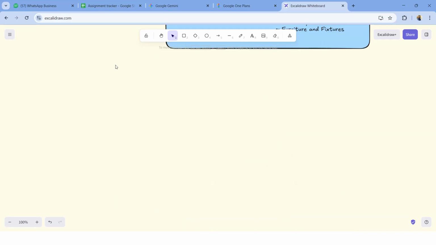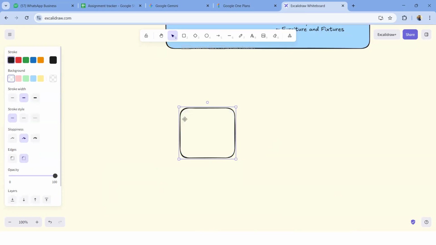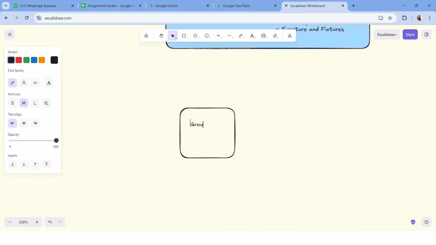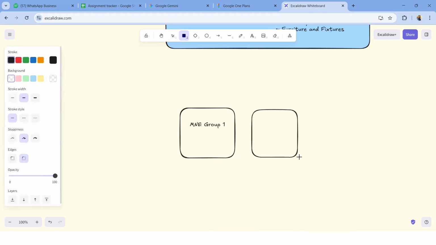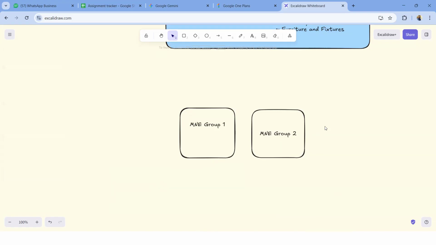What I mean to say is there is group one, this is M&E group one, and then there is M&E group two. Two groups. But what happens is